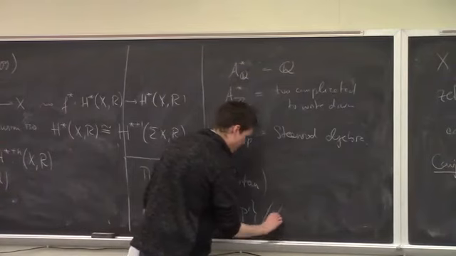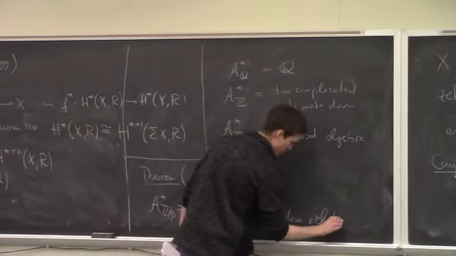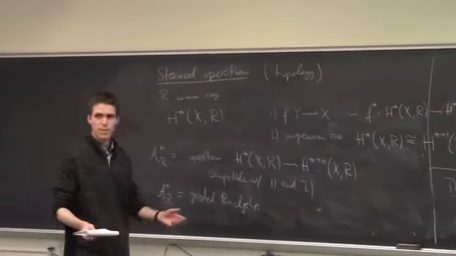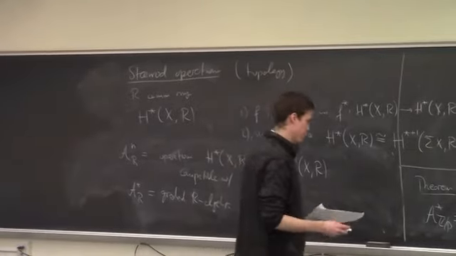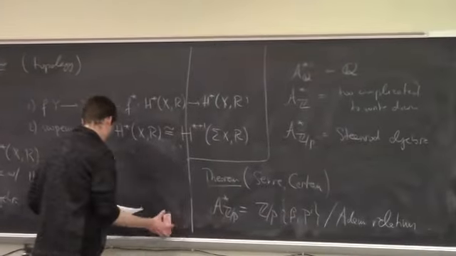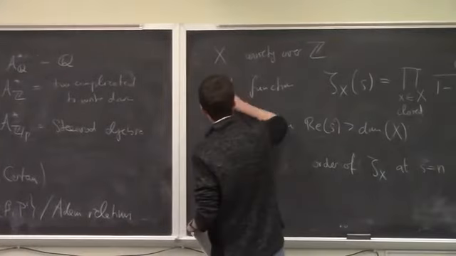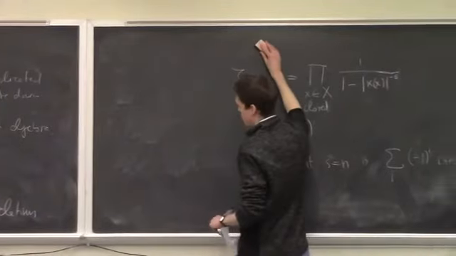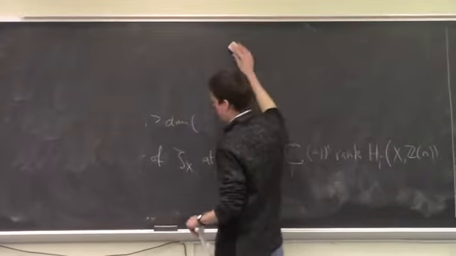And then you have some explicit relations called the Adem relations between these, and everything is completely explicit. So this was done, I guess, in the 50s,